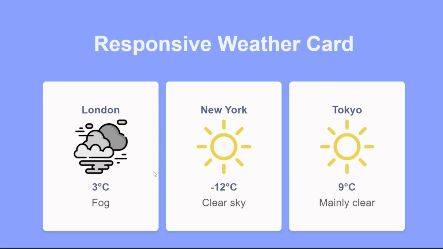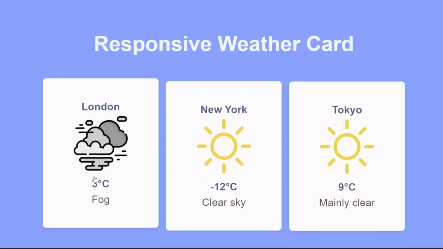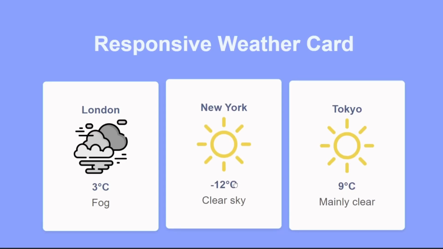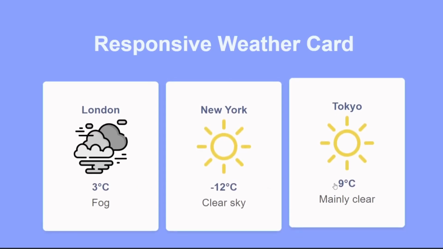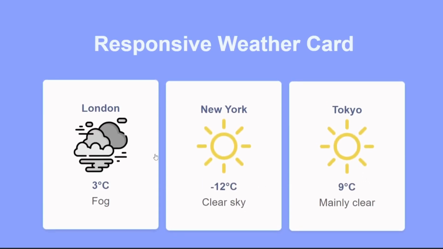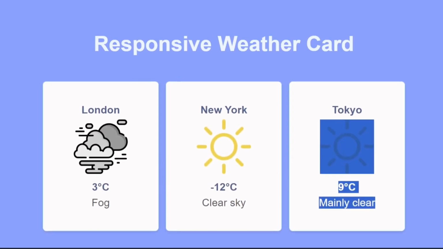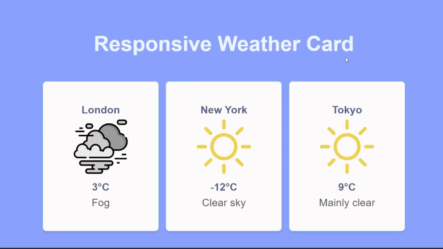Welcome to Code Instinct. In today's project, we're crafting a fully responsive weather card application using HTML, CSS, and JavaScript. This project will allow you to display real-time weather updates for multiple cities with smooth responsiveness and interactive hover effects. Whether you're looking to improve your JavaScript skills or build a modern, dynamic interface, this is the perfect hands-on tutorial